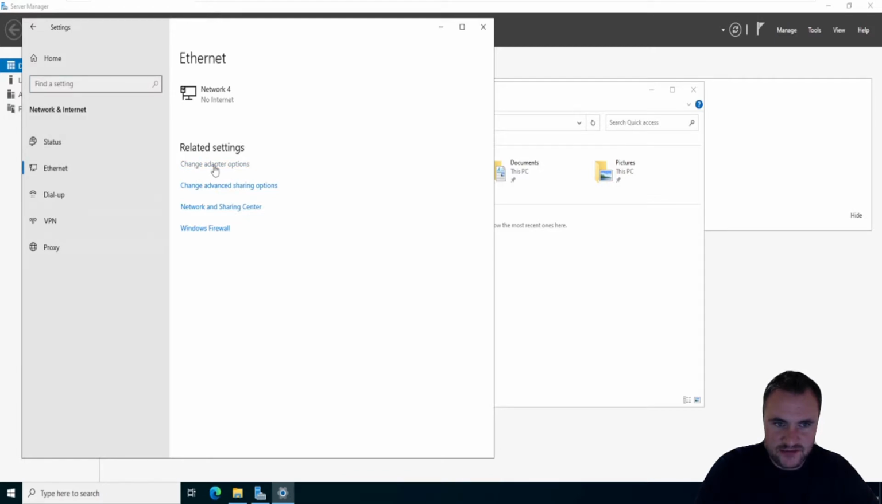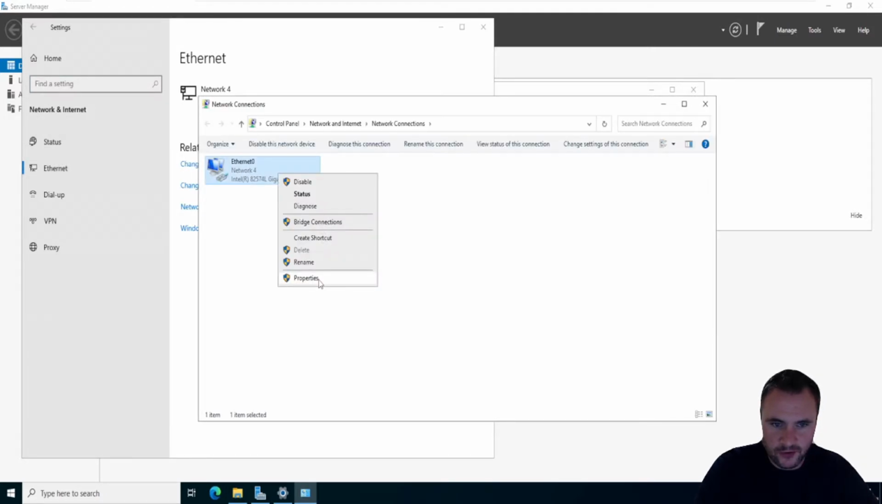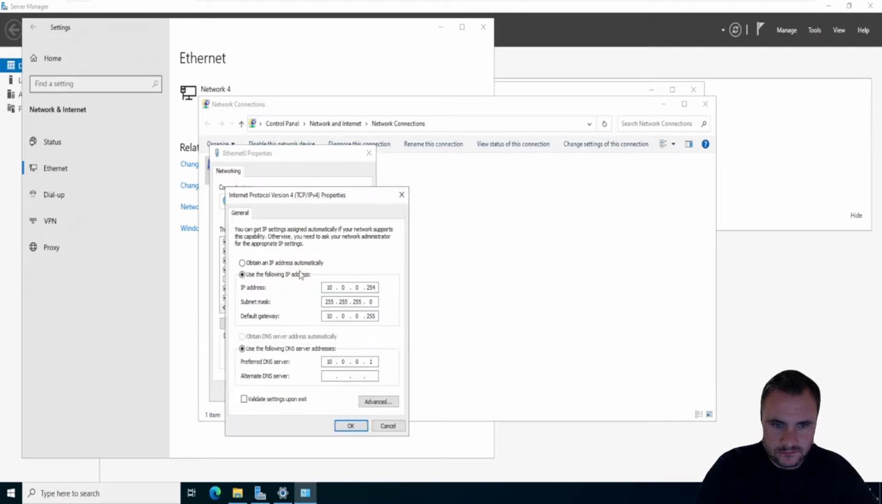Ethernet, change adapter. Obviously I've gone through this before. The IP address is 192.168.10.10, Class C subnet mask, default gateway 192.168.10.254, and DNS is going to be